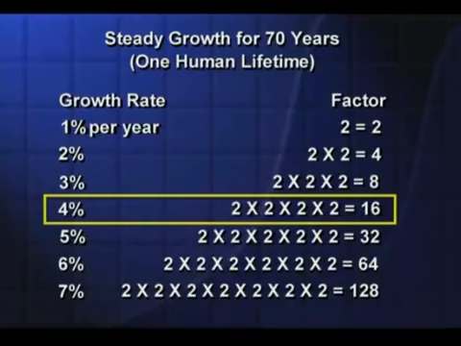Now, there's another beautiful consequence of this arithmetic. If you take 70 years as a period of time, and note that that's roughly 1 human lifetime, then any percent growth continued steadily for 70 years gives you an overall increase by a factor that's very easy to calculate. For example, 4% per year, you find the factor by multiplying 4 2s together. It's a factor of 16. Now, a few years ago, one of the newspapers here in Boulder quizzed the 9 members of the Boulder City Council and asked them, what rate of growth of Boulder's population do you think it would be good to have in the coming years?